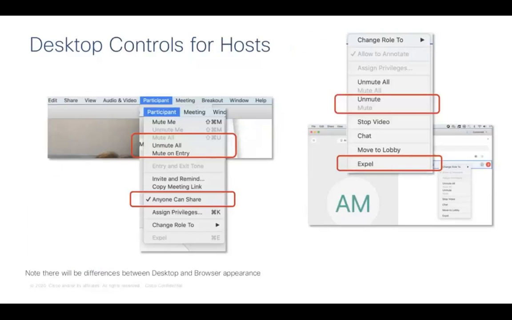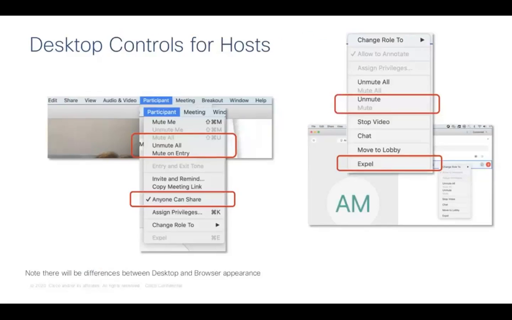So I know I might be going a bit fast. So there are our first panel of controls, and then we also have a second set of controls, which we can find at the top of our toolbar. So where we have file, share, that kind of thing, you'll also find more controls. If you click on participant, you can mute everyone, you can unmute everyone, and you'll also find the option to